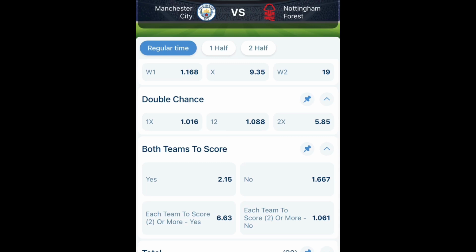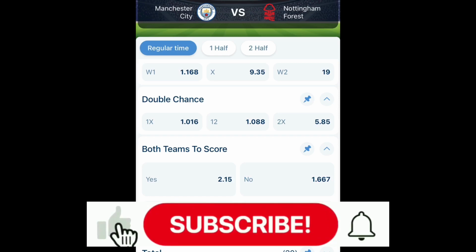So the first handicap is the classic handicap, which is the normal handicap. Most of you must have come across it. It is very easy to understand. There's not much difference between the first handicap and the second, which is the classic and Asian. They are both the same with just a little difference. So I'll be showing you the difference in these two handicap. Let's start with the classic handicap.